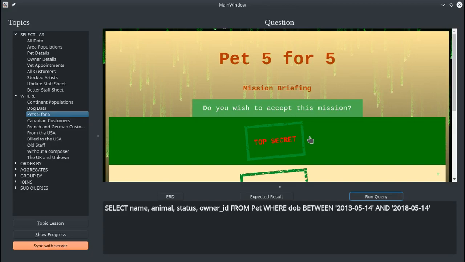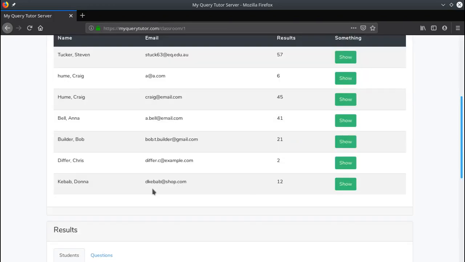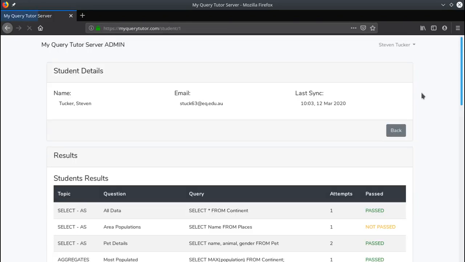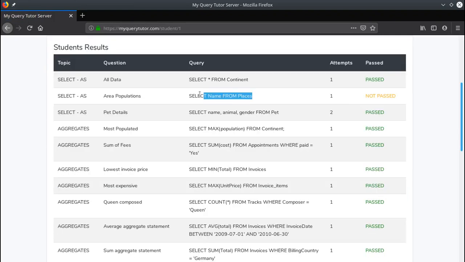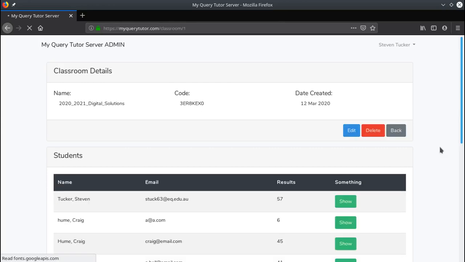And at the same time, we can go in and we can have a look at all the progress of the students and where they're at. So if I now go click on Stephen Tucker, you can see now that that second question is not passed, and that's the query that I put in. Okay, so that's the basic functionality. There's lots of more improvements that we plan to put in, but to get it up and running for now, this is what we have, and I think that alone provides a lot for teachers as far as formative feedback, as far as keeping track of the progress of your students, where they're at, what they've done,